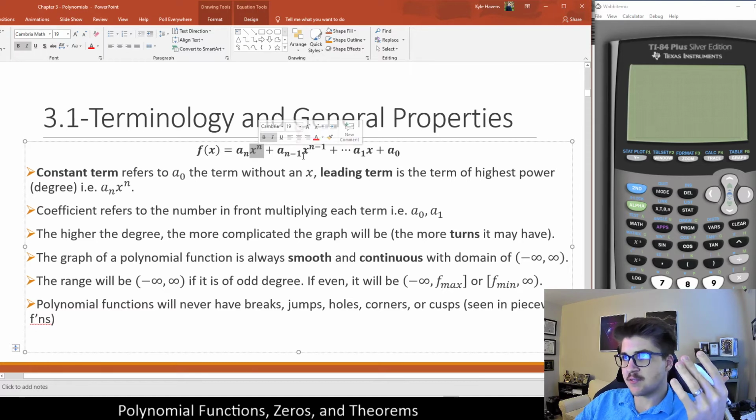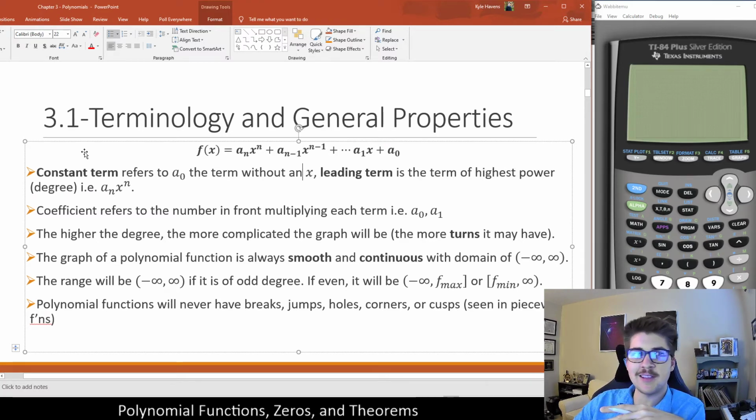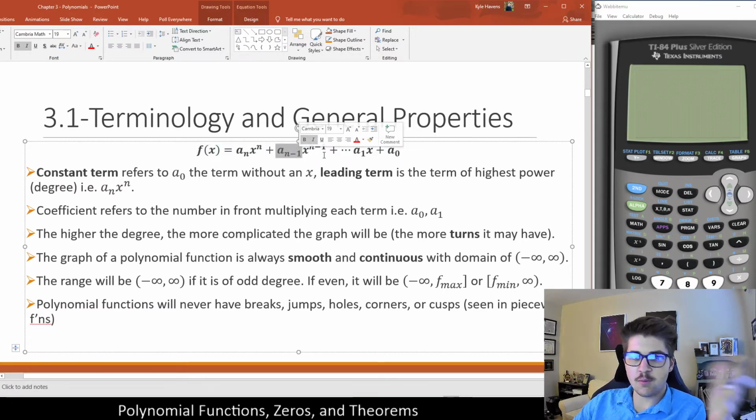So let's say this was x to the 5th. Then n minus 1, 5 minus 1, will be 4, and we might have the 4th degree term with its own coefficient. We'd have, say, 3x to the 4th. But basically, this is just sort of a